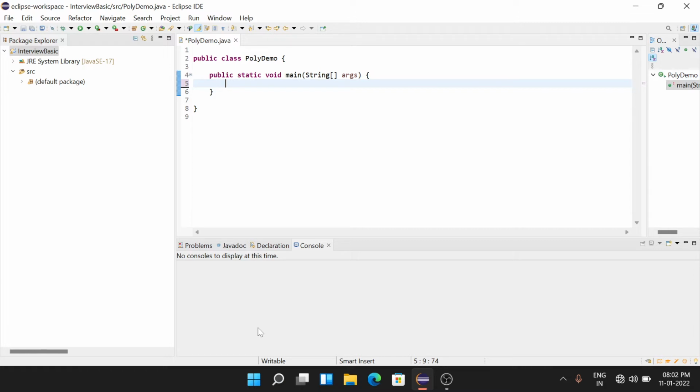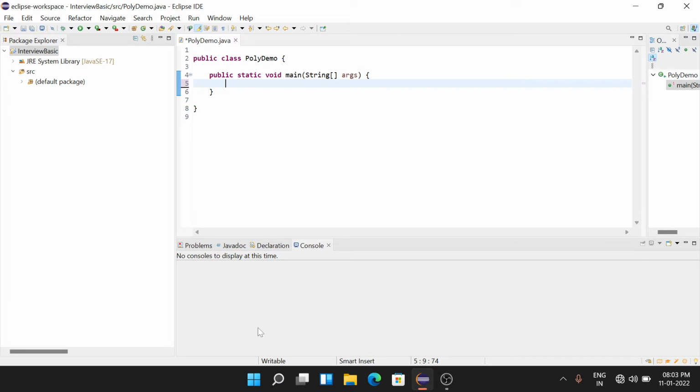But coming to strings, adding two strings is nothing but concatenation. So addition is different and concatenation is different. Addition of two numbers is addition, and addition of two strings is concatenation. It means I give two strings, one string after another string, which is concatenation.